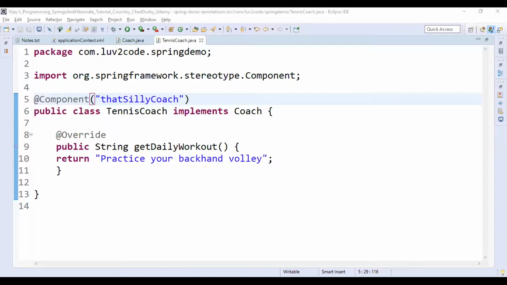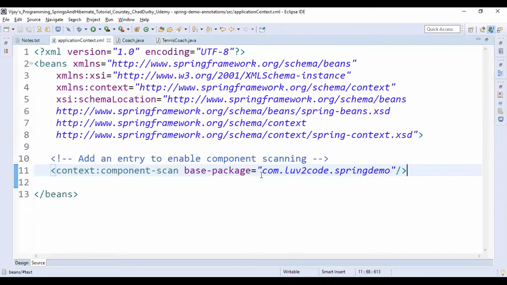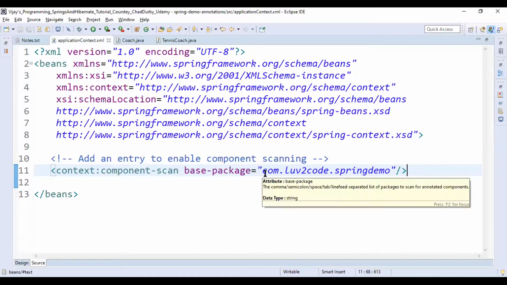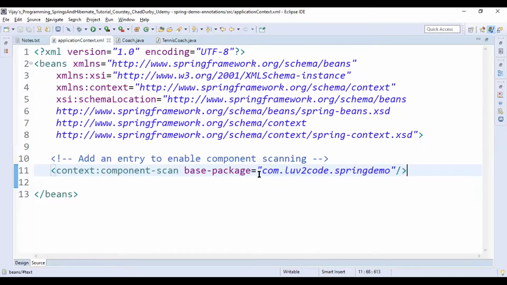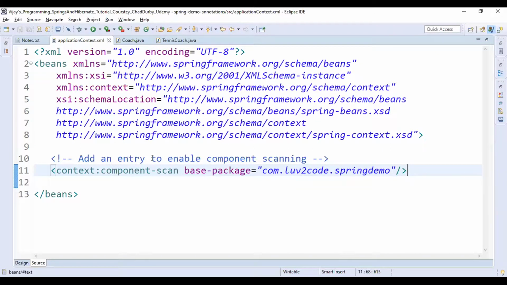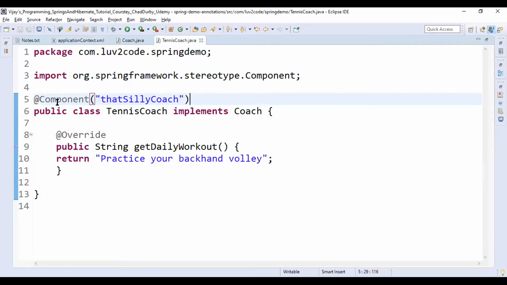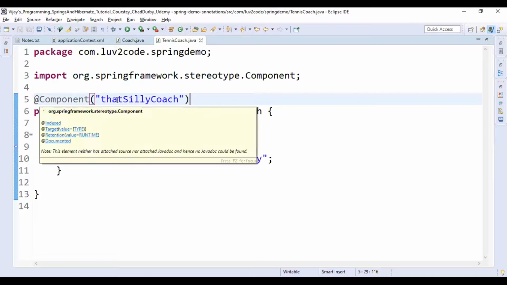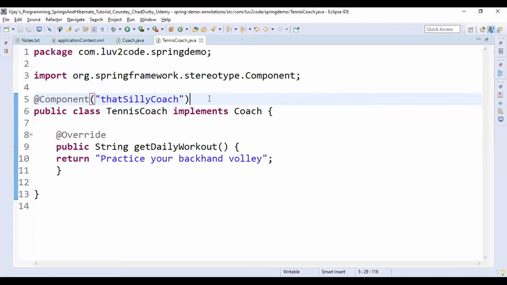We don't need to give the bean ID here for the base package property. Why? Because we have supplied the package name itself. Spring will be searching the entire package. Inside the package we have the classes, and inside the class, Tennis Coach, we have kept the annotation indicating that this is a Spring bean.